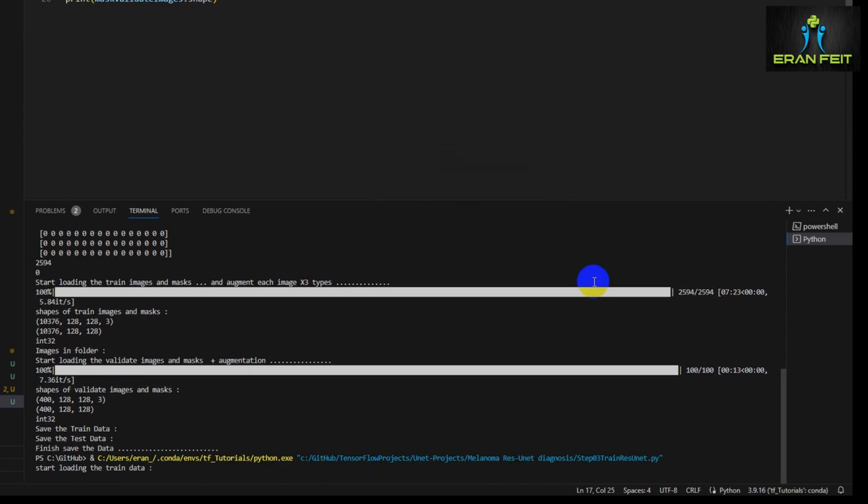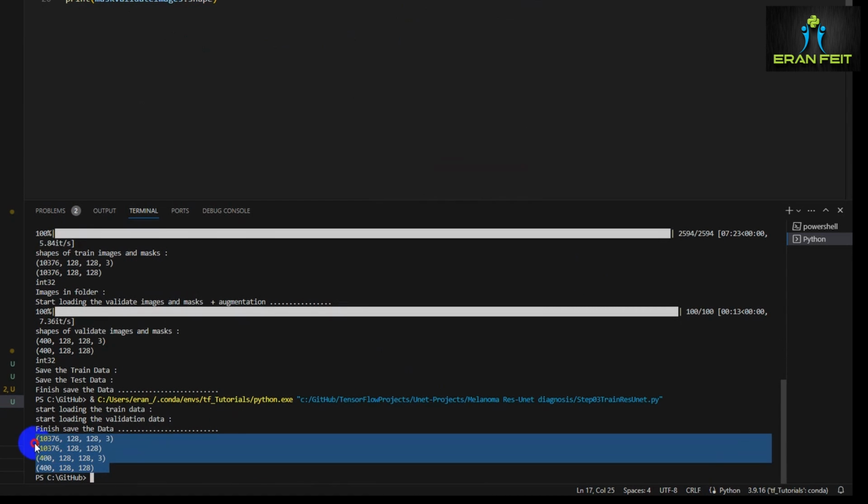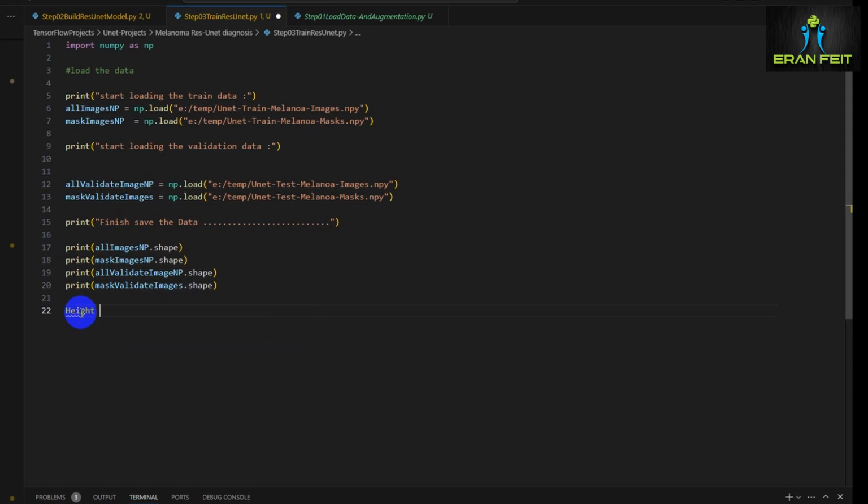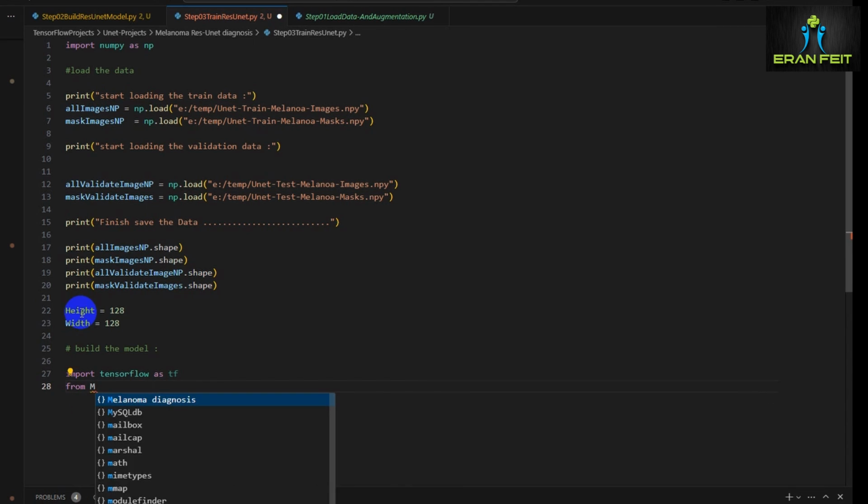Okay, let's run it. As you can see, we have 4 NumPy arrays, 2 for the images and masks, and 2 for the validation data. Let's continue. Let's define the dimension of our input images. And now this is the important part. We are going to load from